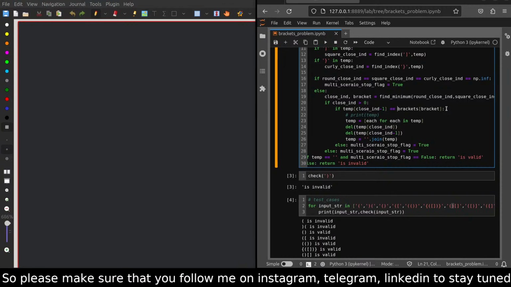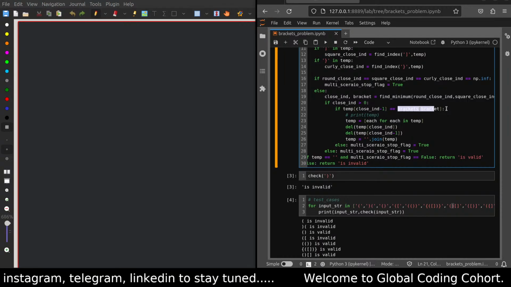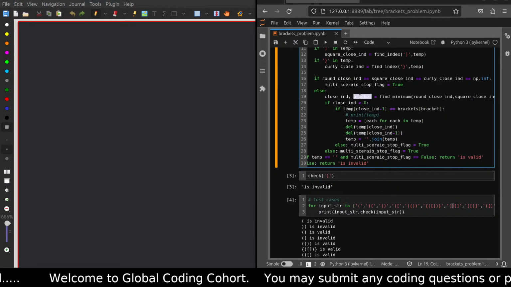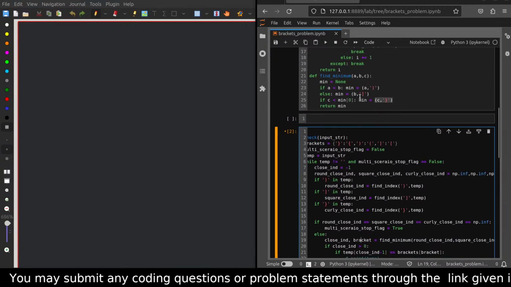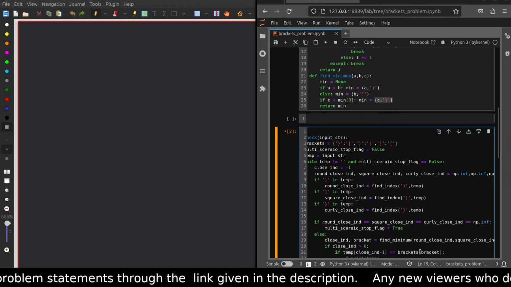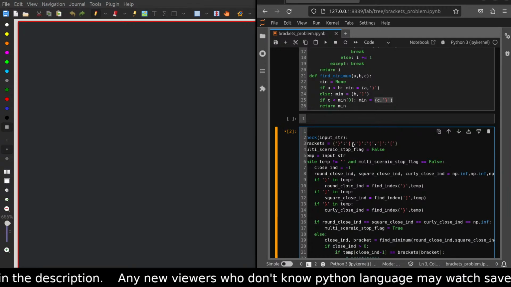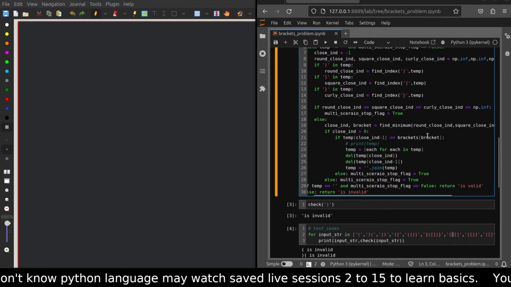I'm checking if the previous bracket is equal to brackets of bracket. The close round bracket is passed into this dictionary, and you get the corresponding open bracket. So if they are equal,